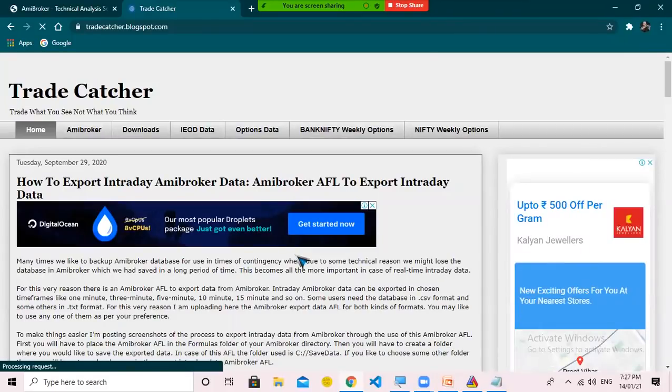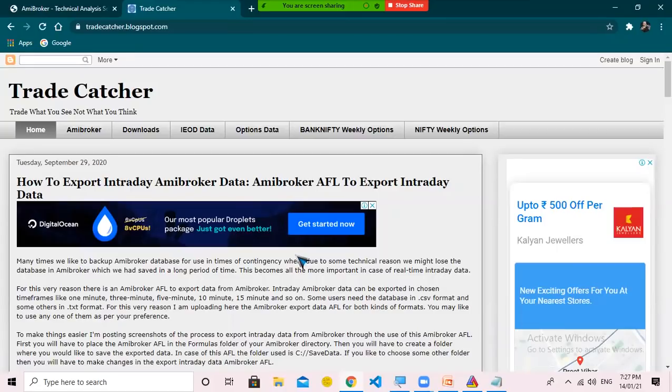And here is a small disclaimer, guys. This website does not belong to me, and I'm not sure about the authenticity of this data. But since you are in a learning phase of AmiBroker, as I've already told you, you can use this data for your learning purpose. But when you start deploying your own capital in the market, then I advise you to use only authentic data, which you can take from an NSE authorized data vendor only, right?